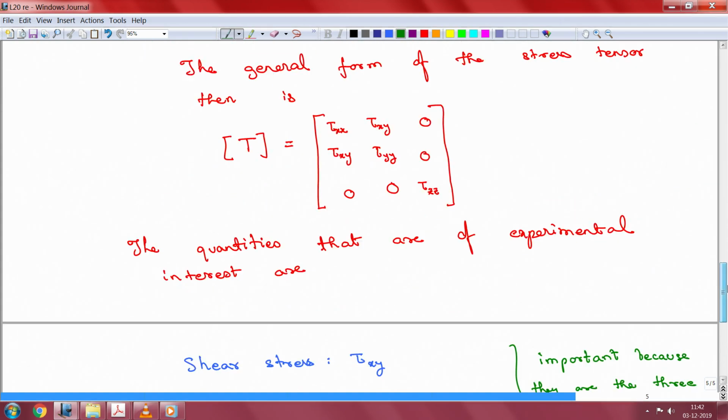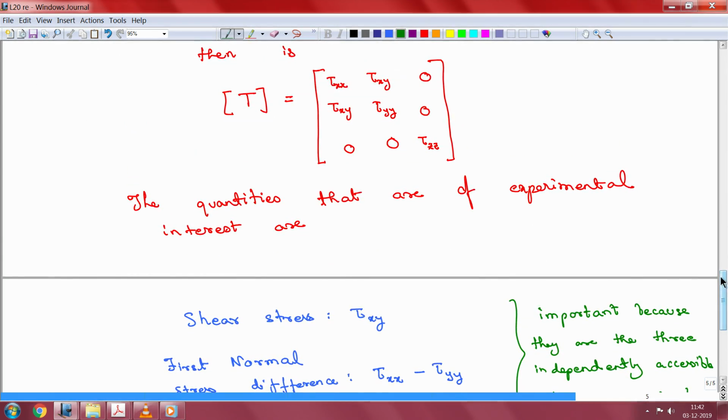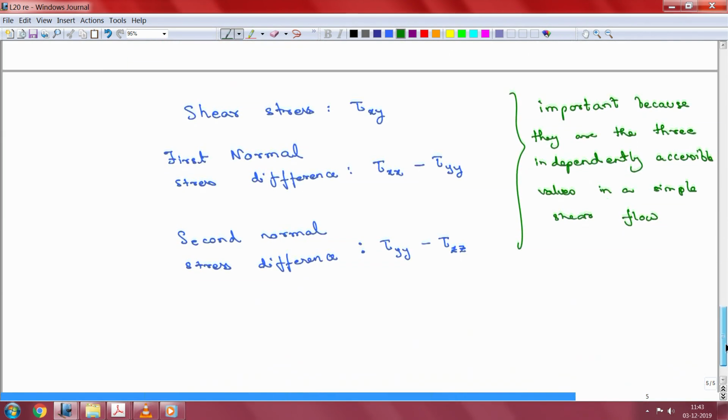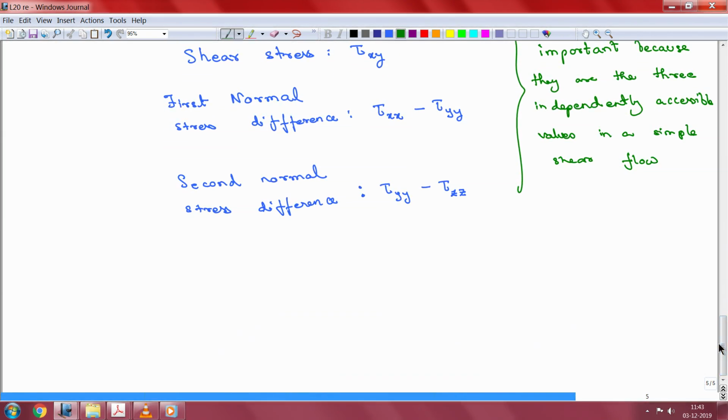Now, going back to this, as I had said before, if it is a Newtonian fluid, then these normal terms, tau xx, tau yy and tau zz, are only the pressure terms. Right? So, they are actually the same. And for a Newtonian fluid, your first normal stress difference and the second normal stress difference is 0. But that cannot be said so for a more generic case. So, in a more general case, you can have a finite first normal stress difference and a finite second normal stress difference.